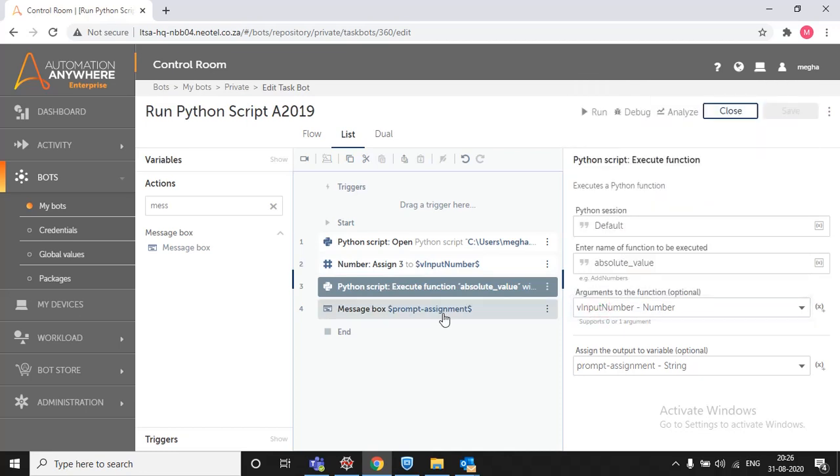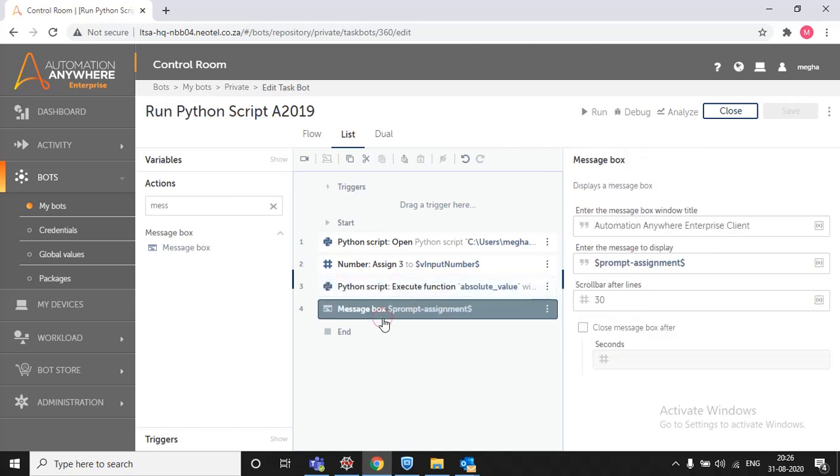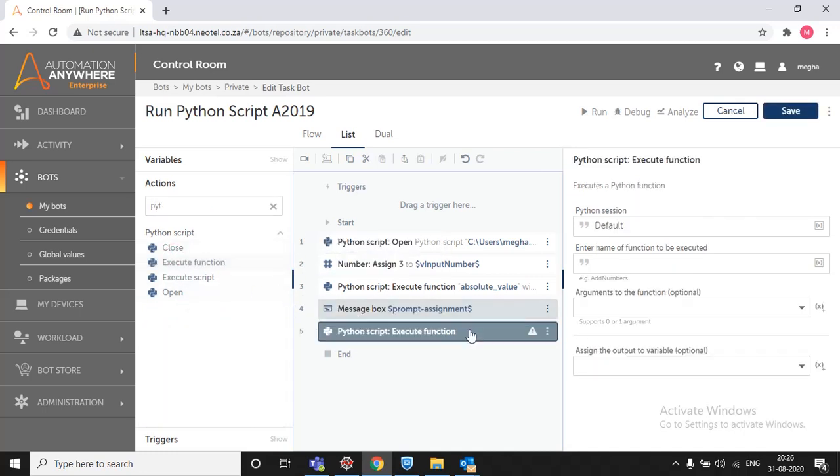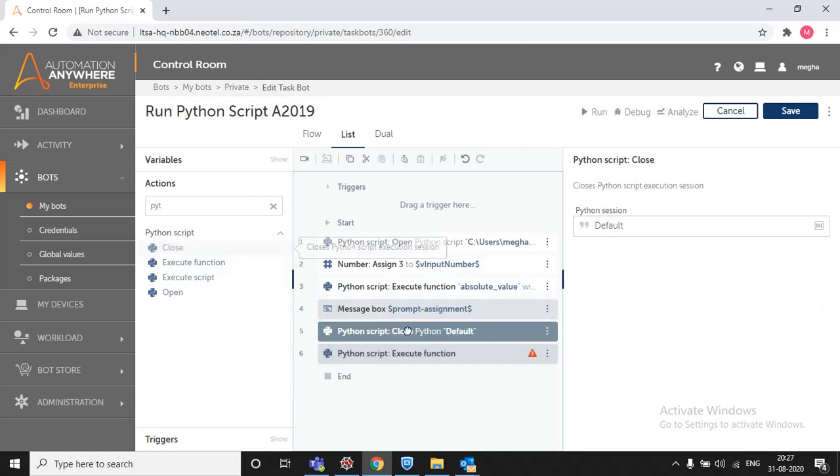Then if you want to see your message output, you can save it in message box. After that, you need to close this script, then close.